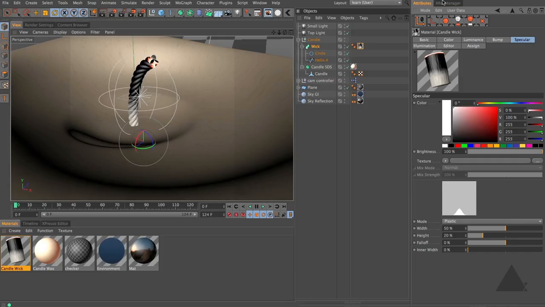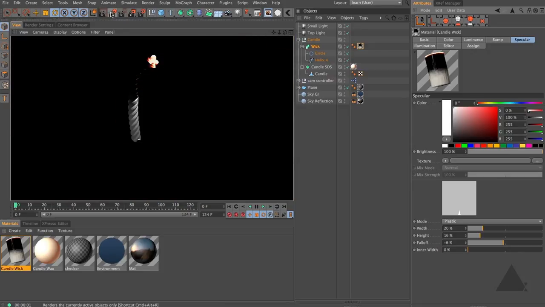So we do need to adjust that, and at the moment it's just much too wide and too flat really, so we need to again just bring that width down, maybe to about 20. Let's maybe even reduce the height of it, and let's reduce the falloff a small amount. So you're just getting these little thin highlights,